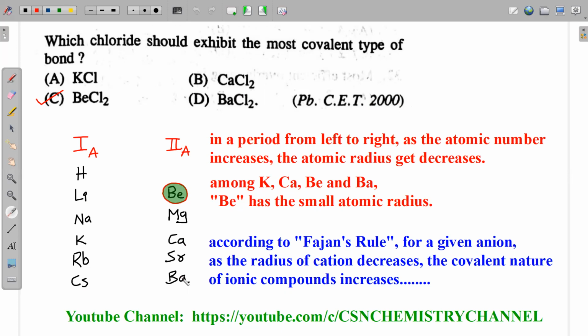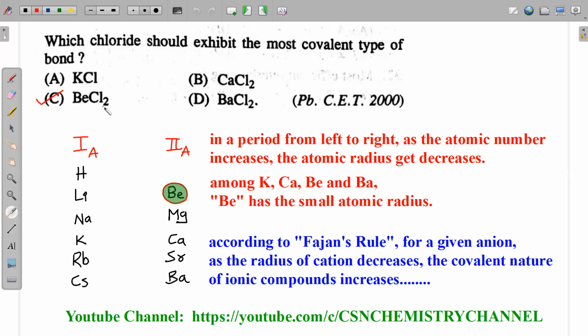So by considering the atomic size in groups and periods, here we are taking four elements: potassium, calcium, beryllium, and barium. Which is going to have small radius? Beryllium is going to have small radius. According to Fajans' rule, for a given anion, as the radius of cation decreases, the covalent nature of ionic compounds increases. So according to this concept, we can say that among the given chlorides, beryllium chloride is most covalent in